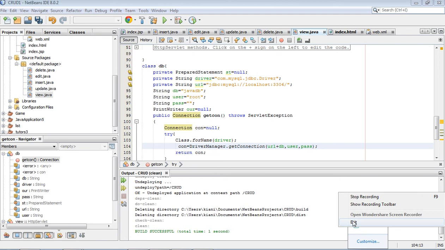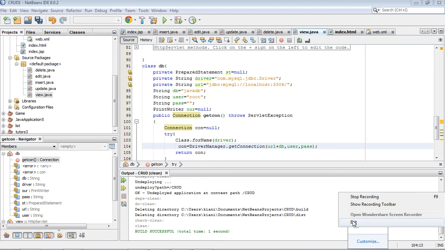Now for MySQL, we have import java.sql.*. Okay, and we have any other error? Now there is no error.